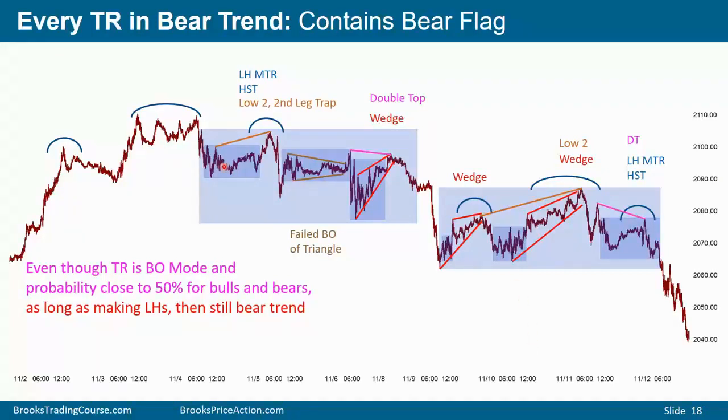Whenever the market's in a trading range, the probability is close to 50-50 for a bull breakout or a bear breakout. But as long as the market's making a series of lower highs, the probability is always slightly higher that there'll be a successful bear breakout below the bottom of the trading range. Consequently, it's easier for the bears to make money. On a higher time frame chart, as I said, this is a fairly tight channel on the 60-minute chart. That tells you that on the 60-minute chart, it's certainly going to be easier making money selling because you're in a fairly tight channel. This is the 5-minute chart. It's a broad channel.